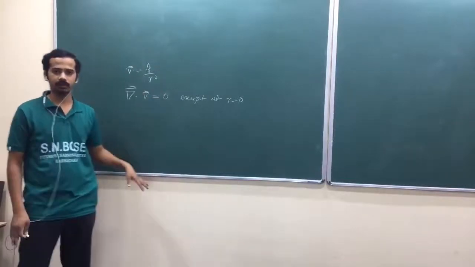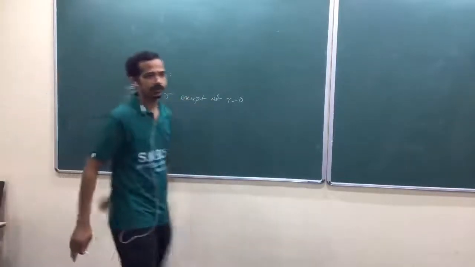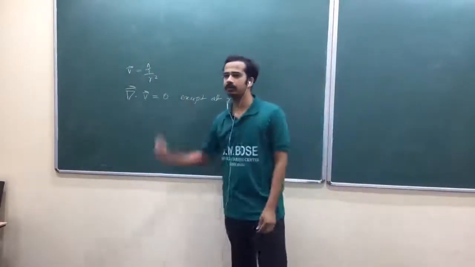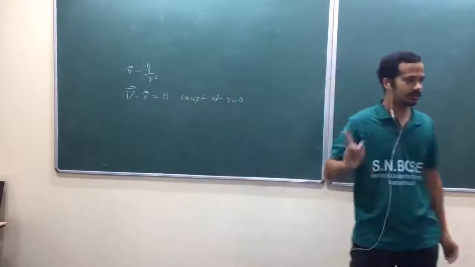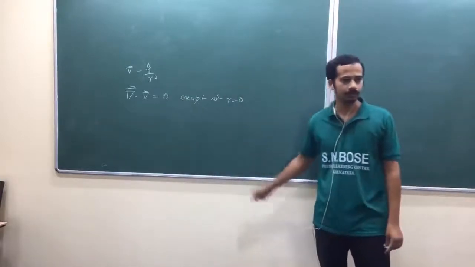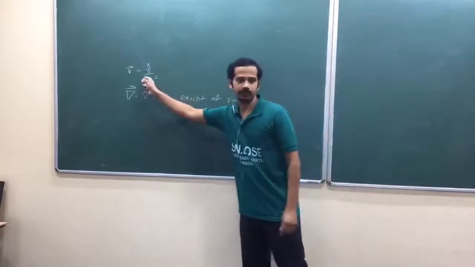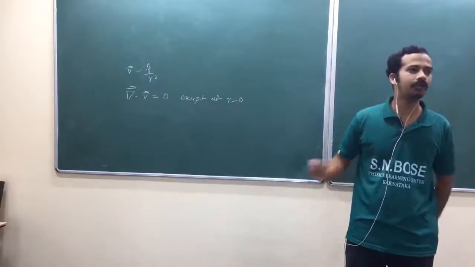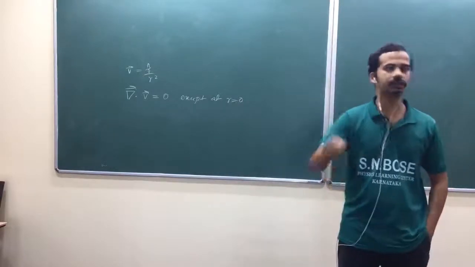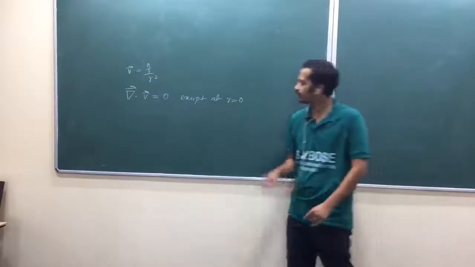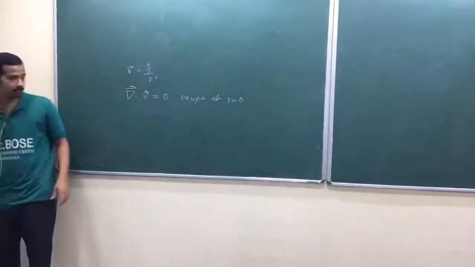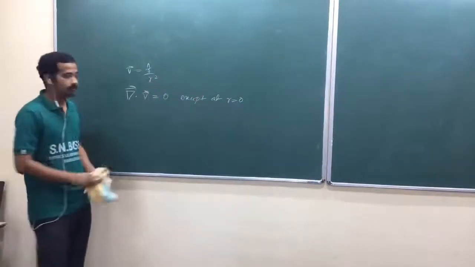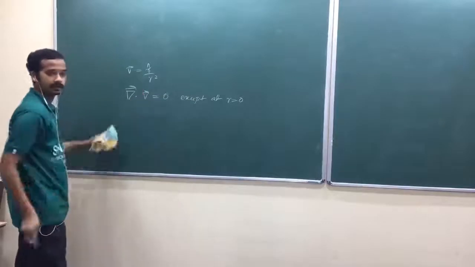But if it gives 0, then there should be no divergence at any point in space. If there is no divergence at any point in space, how is this vector field generated? It is generated by the charge at the origin. You have seen a charge at the origin gives an electric field whose vector field is like this. So that's why at the origin you should have a non-zero divergence, because you have a source over there. So this is 0 except at r equal to 0. Right now we should take that one. Later we are going to use Gauss theorem to fix it.